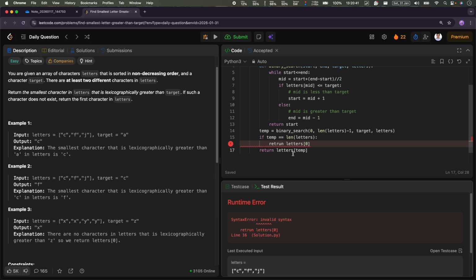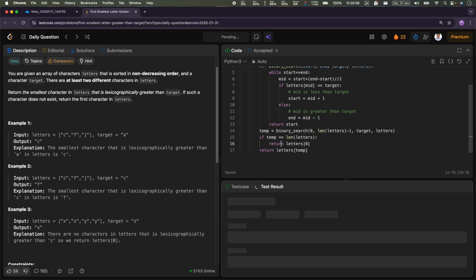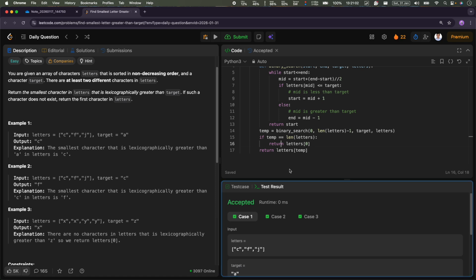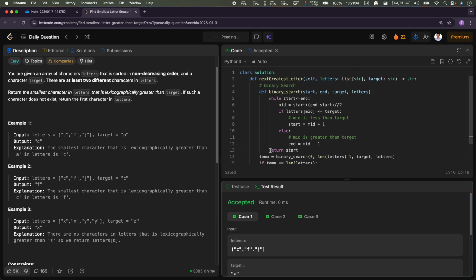Invalid syntax, return is not actually correct. Now let's retry. So this passes. Now if I submit this,